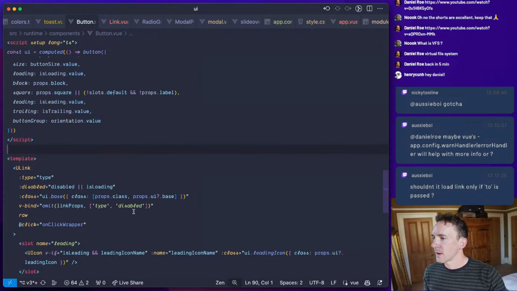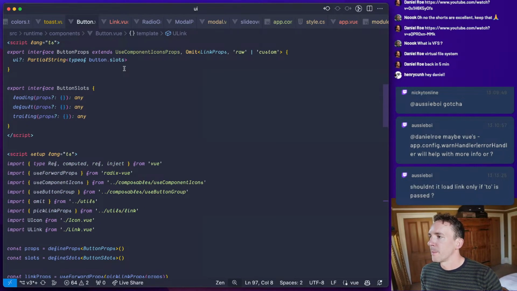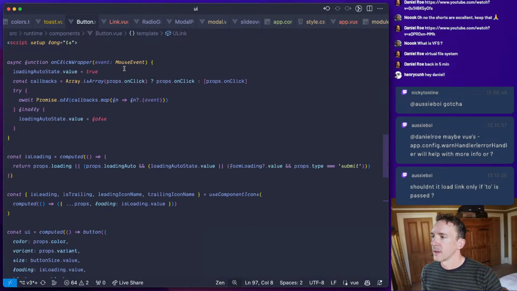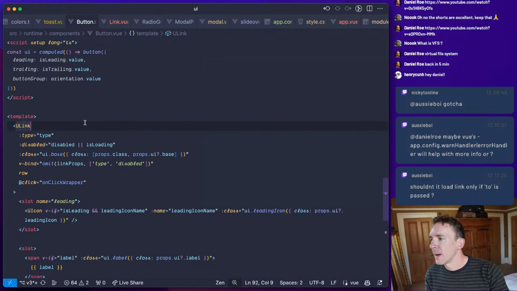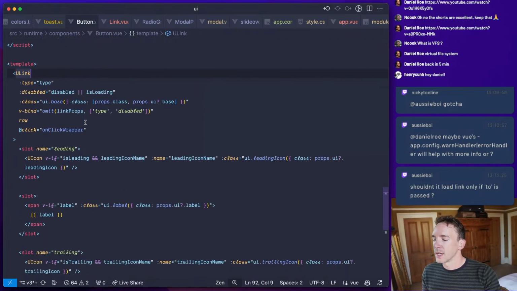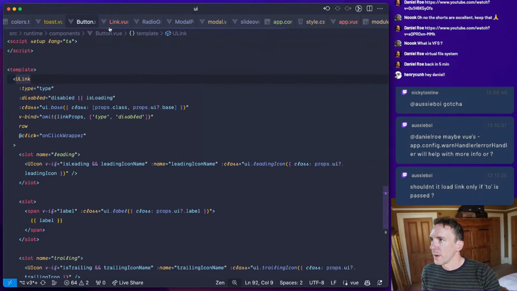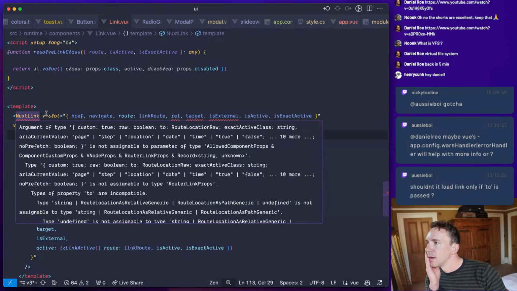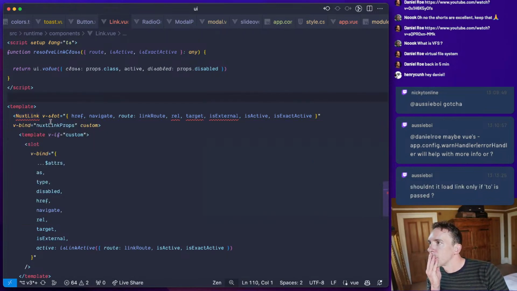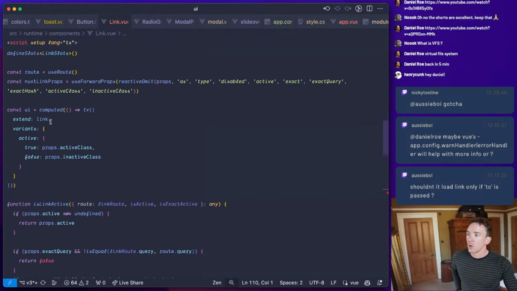I don't entirely understand how this is working, but I would expect a button would almost never be a link. This button is like a combined button and link, which I understand you often need. But it seems to me it's always loading NuxtLink, whereas it shouldn't even try to load a NuxtLink at all if there's no to, for example.